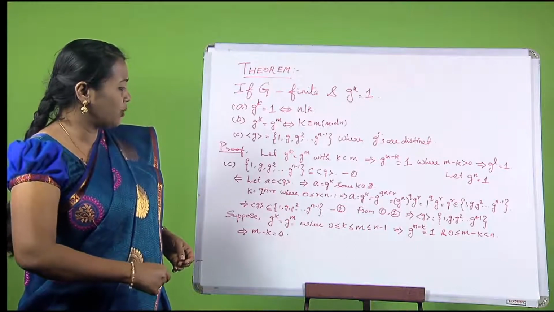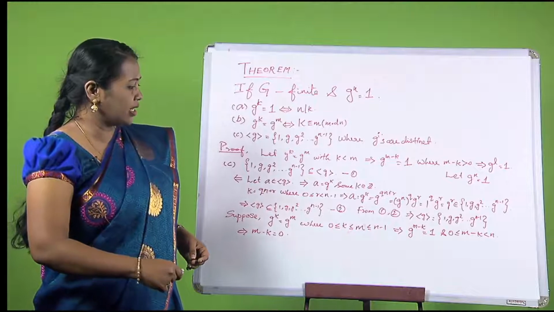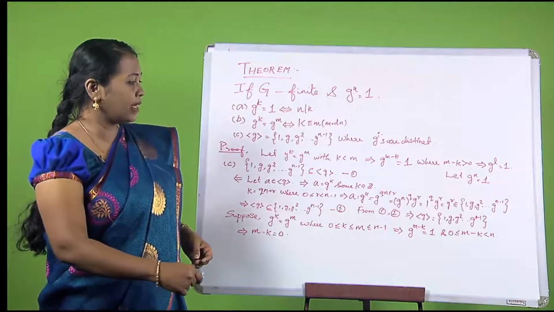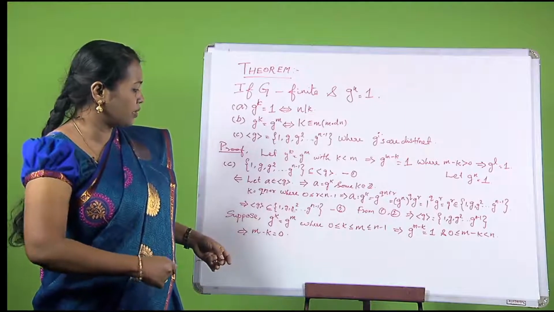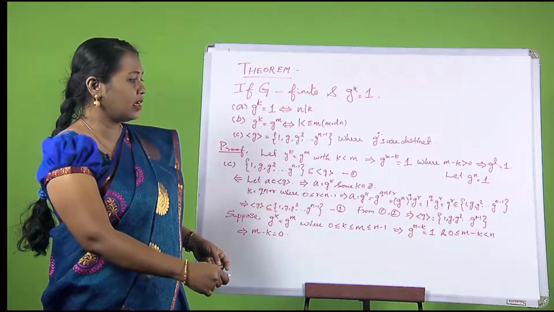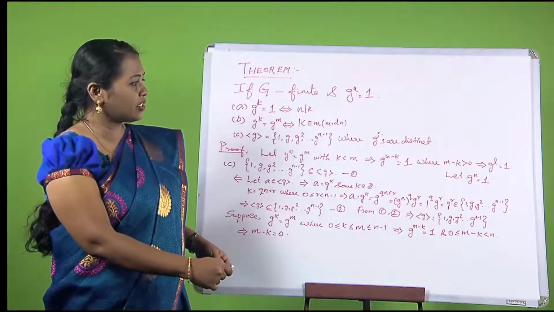So, g power k equals g power m implies that 0 is less than or equal to k less than or equal to m, so this is less than or equal to n minus 1. So, g power m minus k is equal to 1. From here you get g power m minus k is equal to 1, and this m minus k is less than n. Now, this violates our previous condition,